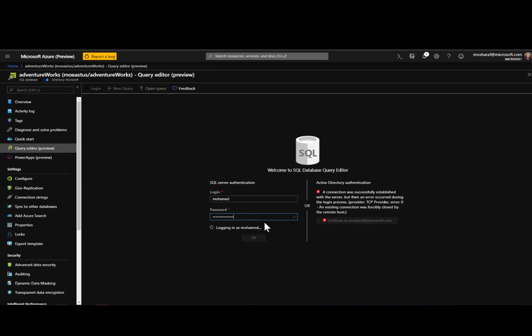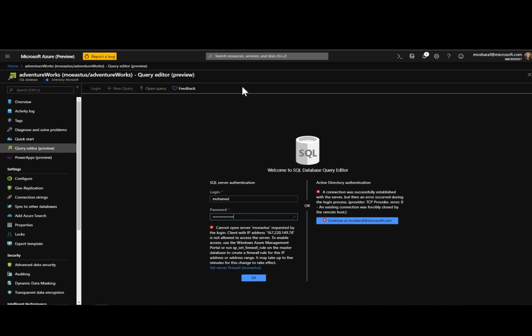Trying to connect, but it tells me that even the portal cannot connect because of this restriction in the firewall. Even the portal cannot connect to the Azure SQL DB. If we want to connect from the portal, from a machine inside Azure, from the app service inside Azure, from anything inside Azure,